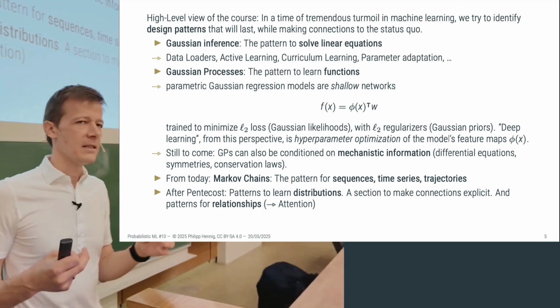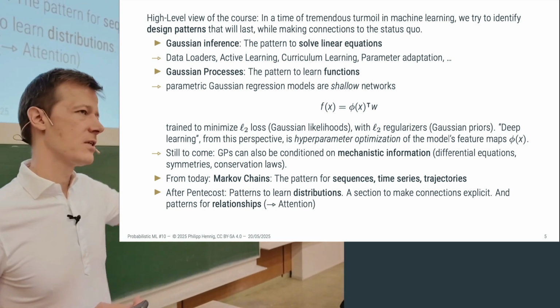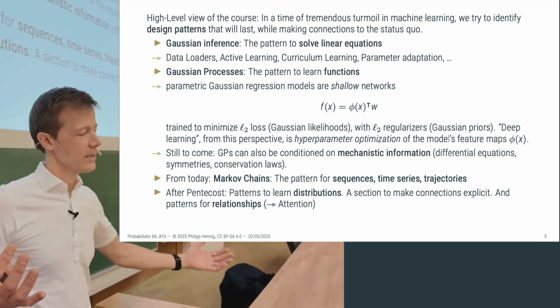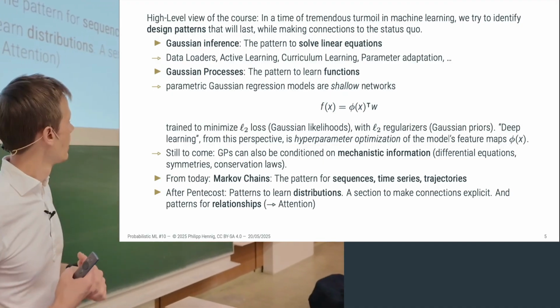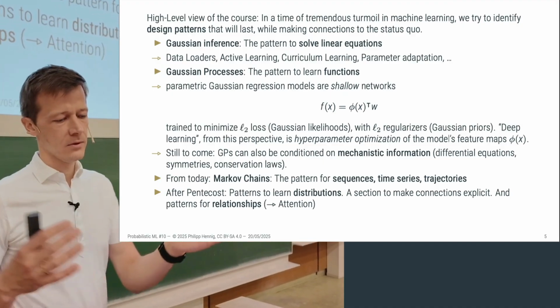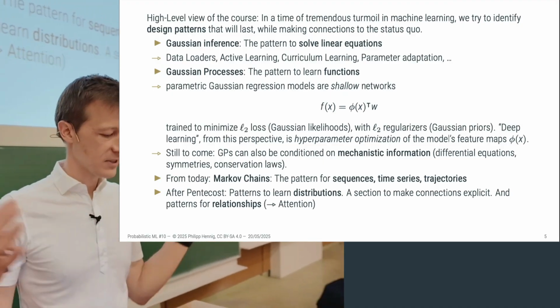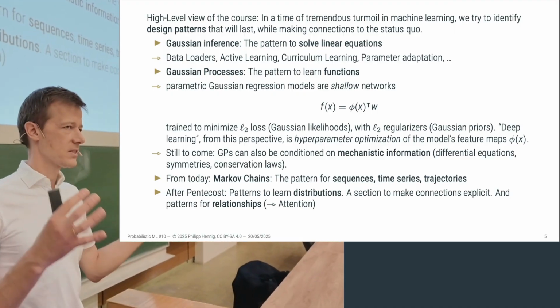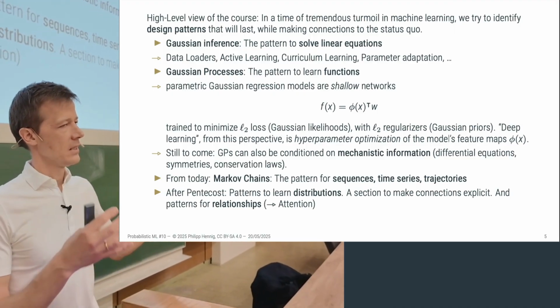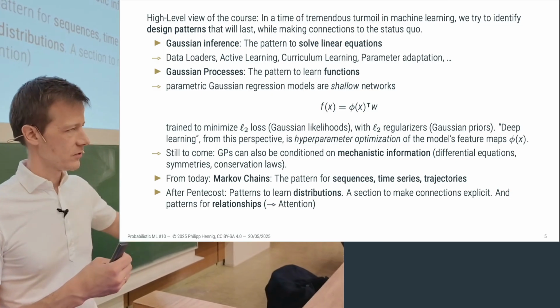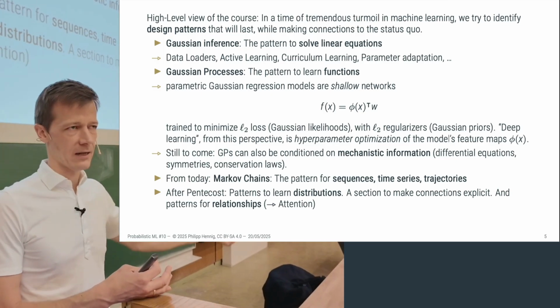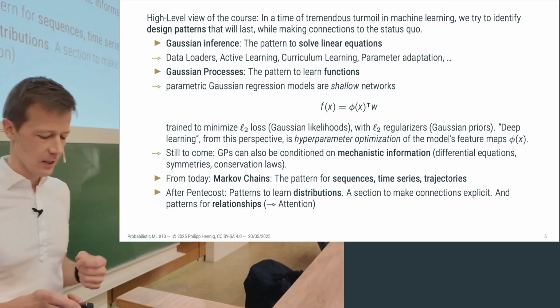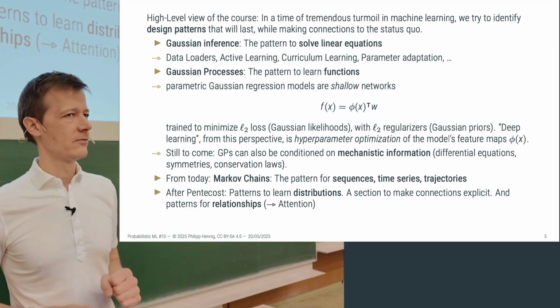And I admittedly kept the connection to deep learning a bit vague because this early on in the course I hadn't even gotten to talk much about deep learning yet. We'll come back to that. Then, in a second phase of this block, we use this Gaussian mechanism in a less active fashion. We called these underlying active algorithms, called linear solvers, to learn a particular type of object, namely functions.